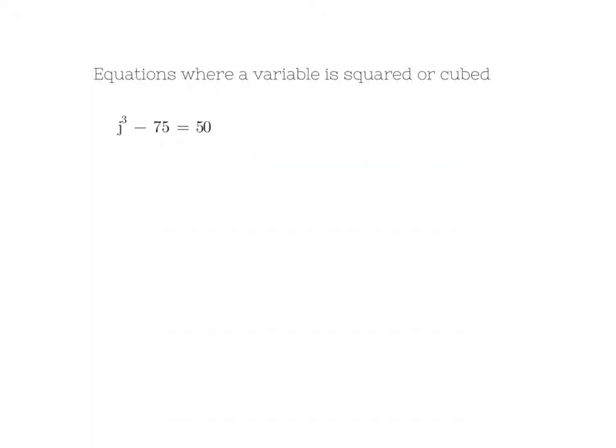And here's the cubed question from the first slide. j cubed minus 75 equals 50. We'll tackle this the same way we would as if that little 3 in the corner were not there. How would you get j by itself if that 3 were not there? Well, you would have to add 75 to both sides. So we do that. j cubed